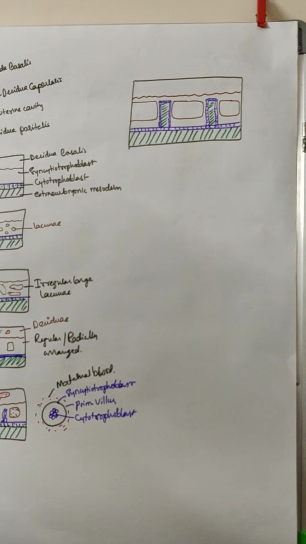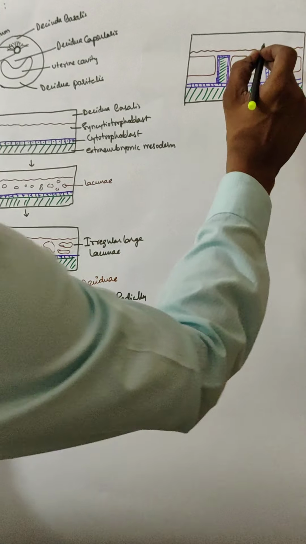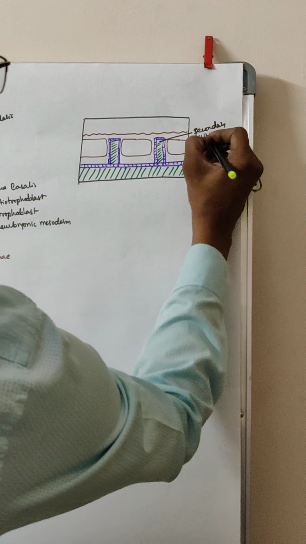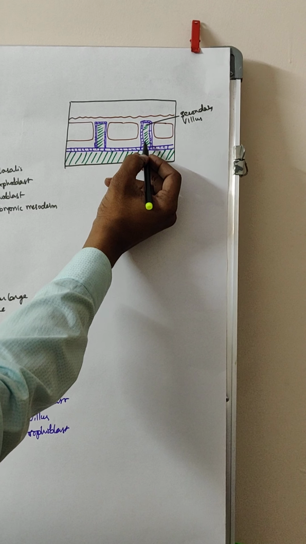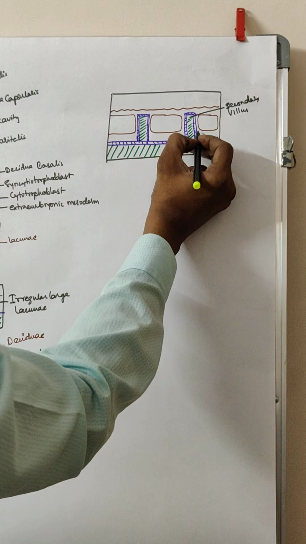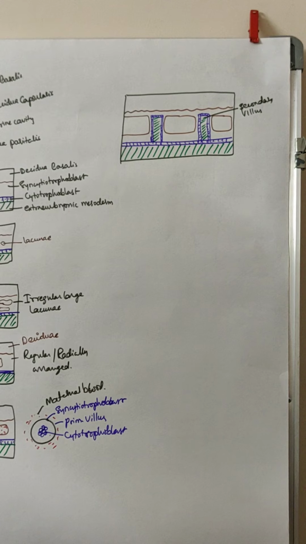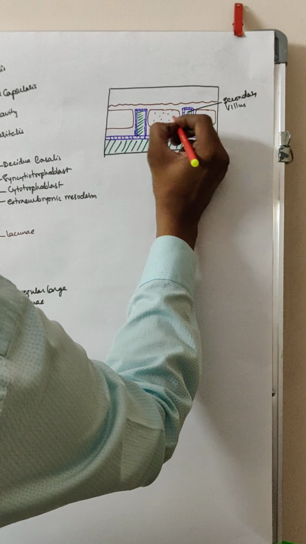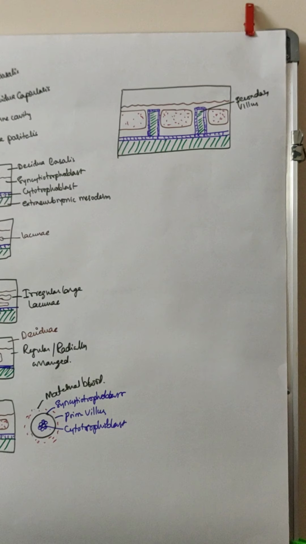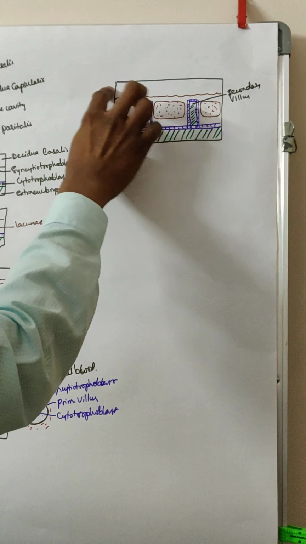Okay? So once the mesenchyme enters, the name primary villus automatically changes to the secondary villus. So you can see that in the secondary villus the innermost part is the extraembryonic mesenchyme, which is surrounded by the cytotrophoblast, then further surrounded by the syncytiotrophoblast, and finally the maternal blood, which is seen in the lacuna. Okay, these are all the layers which will be seen in the secondary villus. Now, this is the fetal surface, and this is the maternal surface called the deciduum.